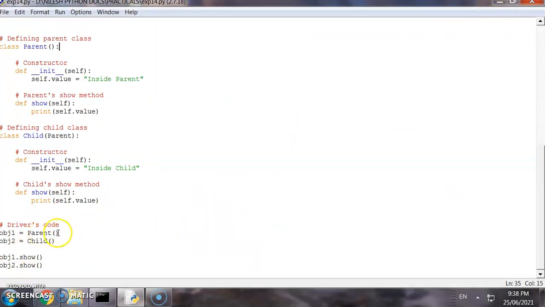When I create an object of parent, object 1, and execute the function show, it directly prints inside parent. And when I create an object of our child class, that is object 2, and call the method through this object, this show method is going to override the parent method and directly print the result: inside child.